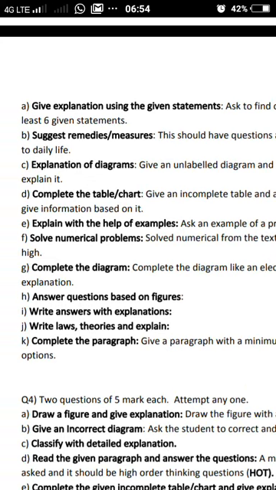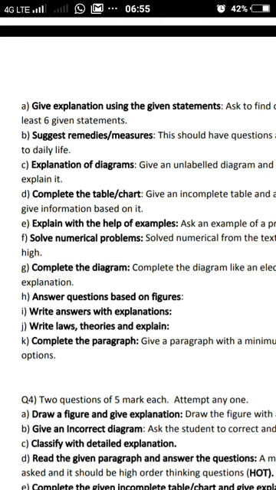Answer questions based on figures. So based on figures certain questions will be asked. For example, a figure will be given, any animal is given, and it is asked which phylum this animal belongs to. Okay, what are the characteristics of this animal, or give a few more examples, or name this animal. Okay, like this questions can be asked. A diagram will be given and questions can be asked.